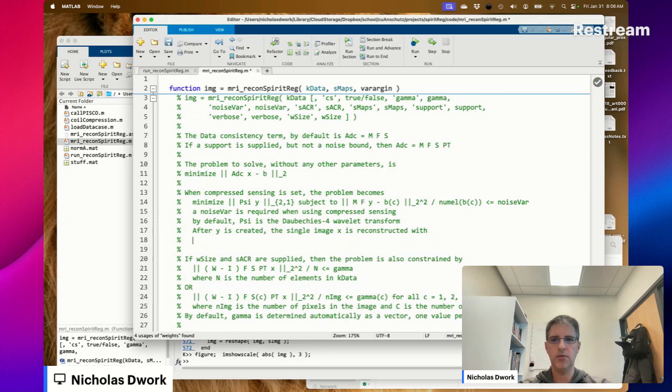Okay, so now here's where I want to try to use the sensitivity maps.